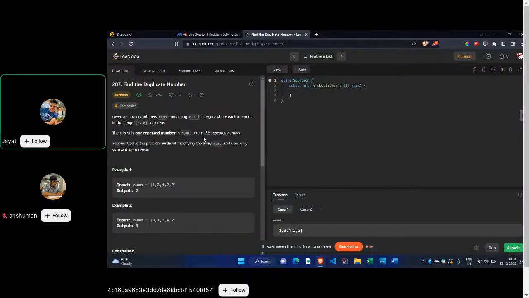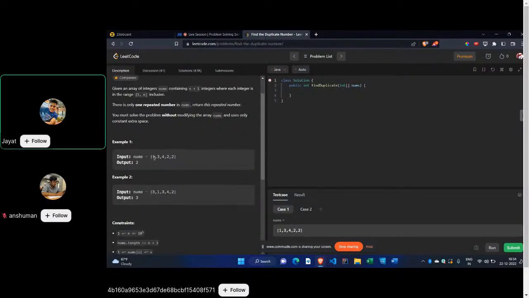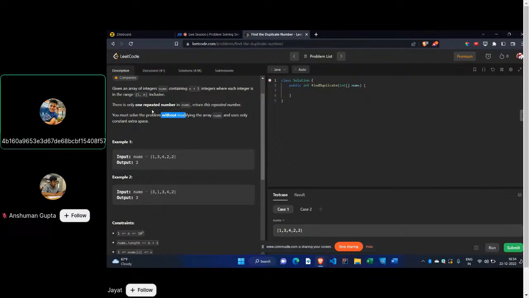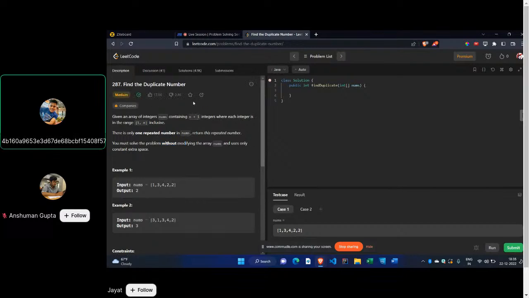We can do this question by sorting also. If I sort the array like 1 2 2 3 4 and run the loop, the number for which array of i and array of i minus 1 are the same, just return it. In this way, by modifying the array we can get the answer. But here it is being told that without modifying the array, हमें return करना है कि कौन सा number repeated है. Okay, तो